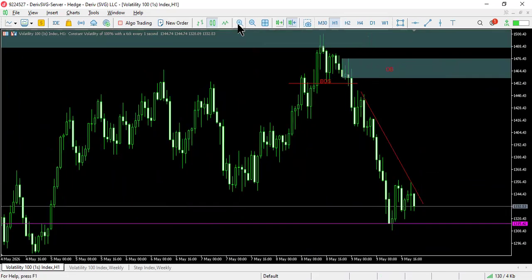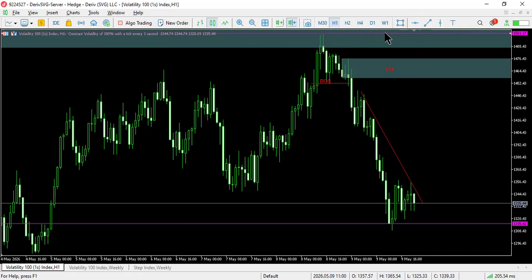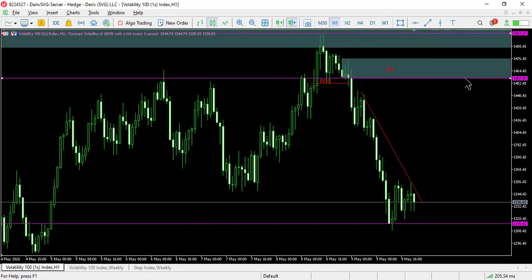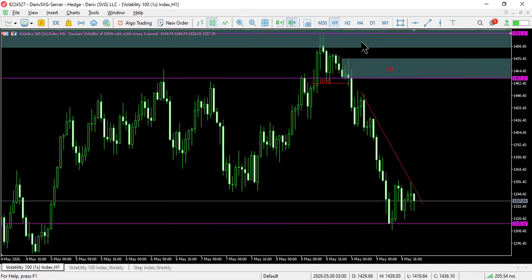Now, if we are to enter this trade, I'm going ahead to go and place the coordinates for the sell limit. So coordinates for the sell limit, our stop loss is going to be slightly above that high. Our entry price at the order block, and then our first take profit at this level, second take profit at that level. So if you want to go ahead and enter this trade with me, go ahead and place a